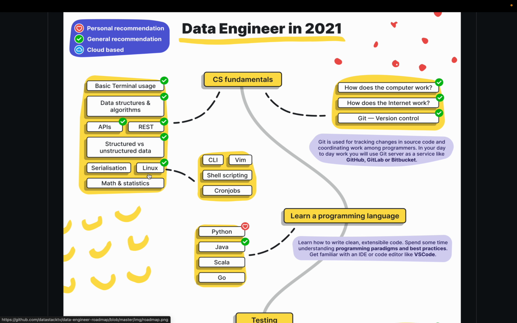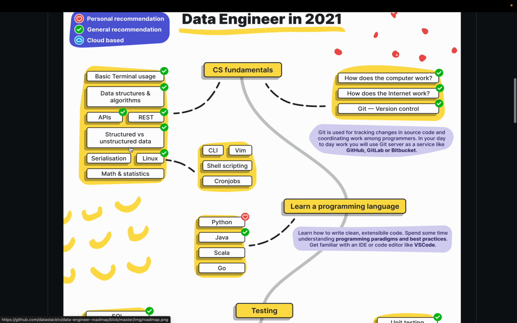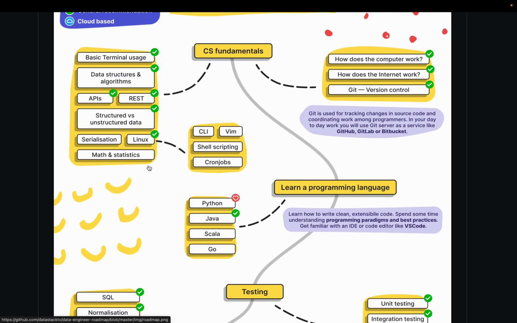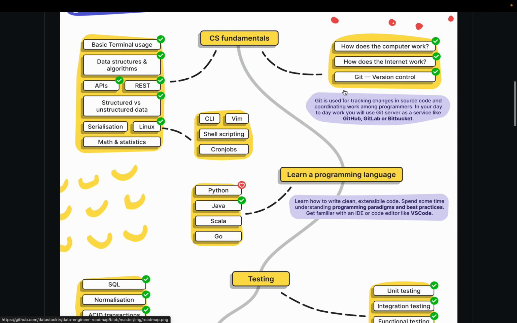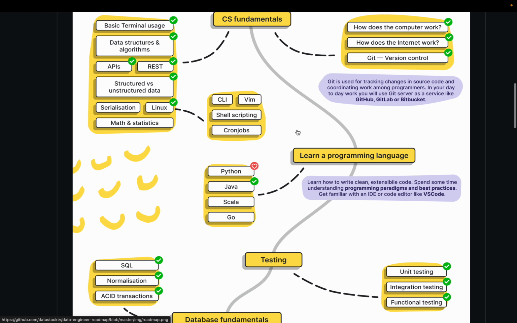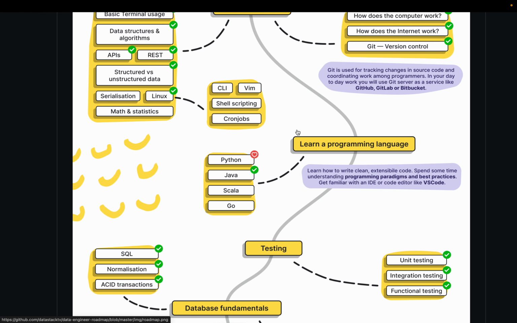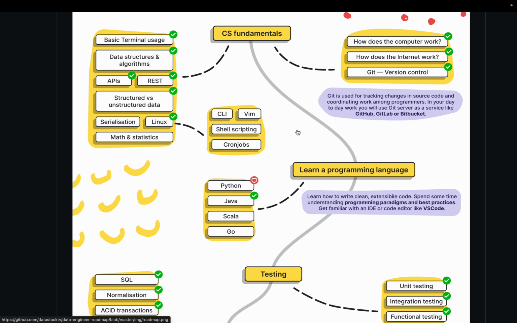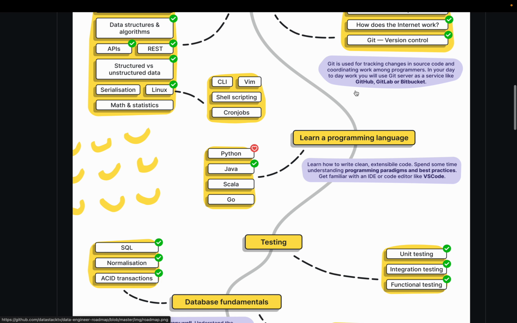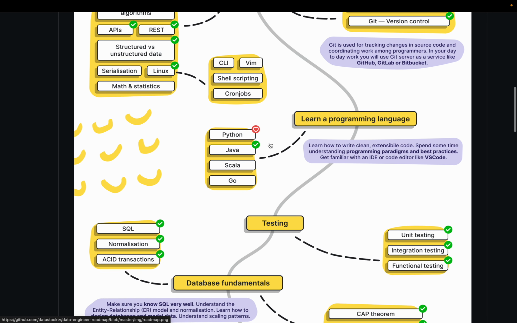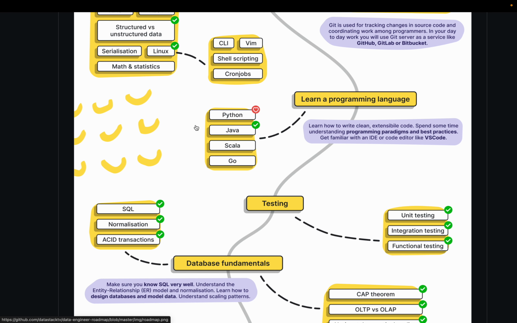Linux is part of the basic terminal skills you can relate to. And math and statistics, this could come later, probably not the priority for now. Git is good to know, but not necessary if you are not directly writing the code. I mean, version control skills are nice to have, but you might have different priorities as a data engineer. And for the programming language itself,